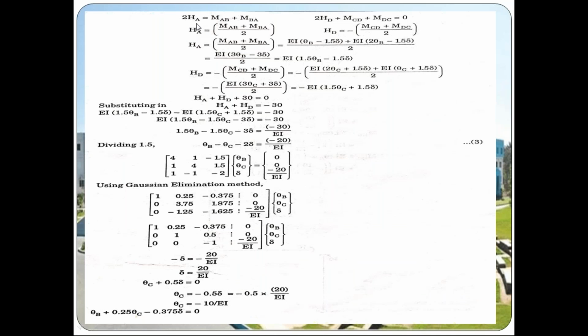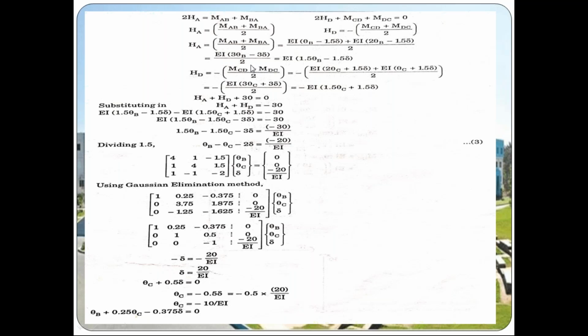Taking moment about point A or point B, we get this equation: 2HA is equal to MAB plus MBA. On solving this, we'll get an equation. Similarly, on solving span CD also, we'll get 2HD plus MCD plus MDC is equal to 0. We'll get the HA equation and HD equation, and after getting HA and HD, we are substituting in the shear equation, that is HA plus HD plus 30